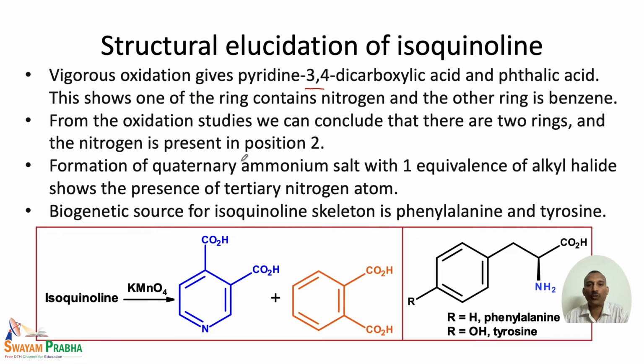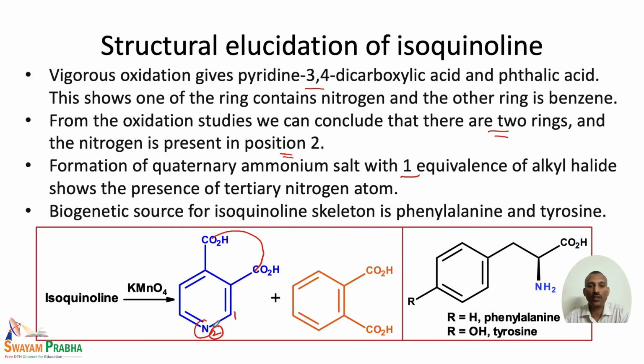And from the oxidation studies, we can conclude that there are two rings and the nitrogen is present in the 2 position, because when the nitrogen is present in the 2 position only, we will actually get this compound. If we start from here, this is position number 1, this is position number 2, and the ring is present here. When the ring is present like this, with nitrogen in the second position, on oxidation it can give 3,4-dicarboxypyridine, that is 3,4-dicarboxylic acid, and the formation of a quaternary ammonium salt with one equivalent of alkyl halide